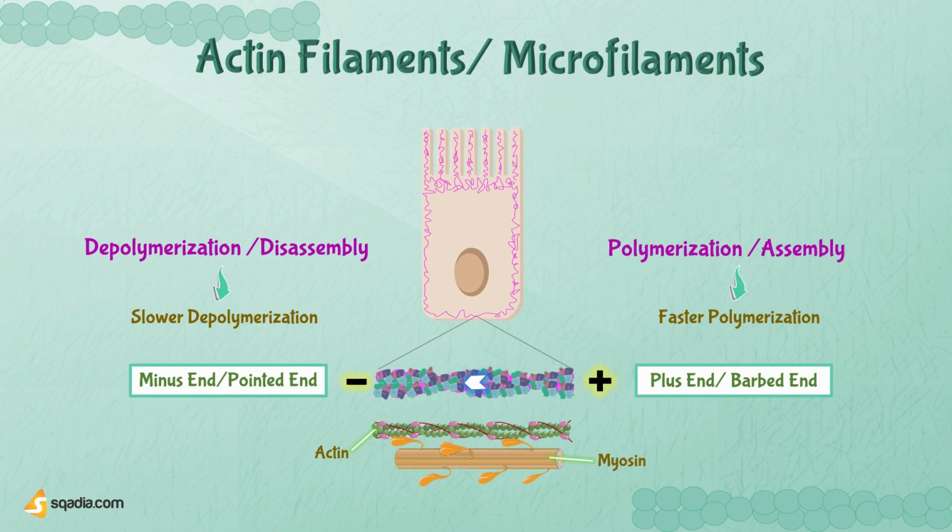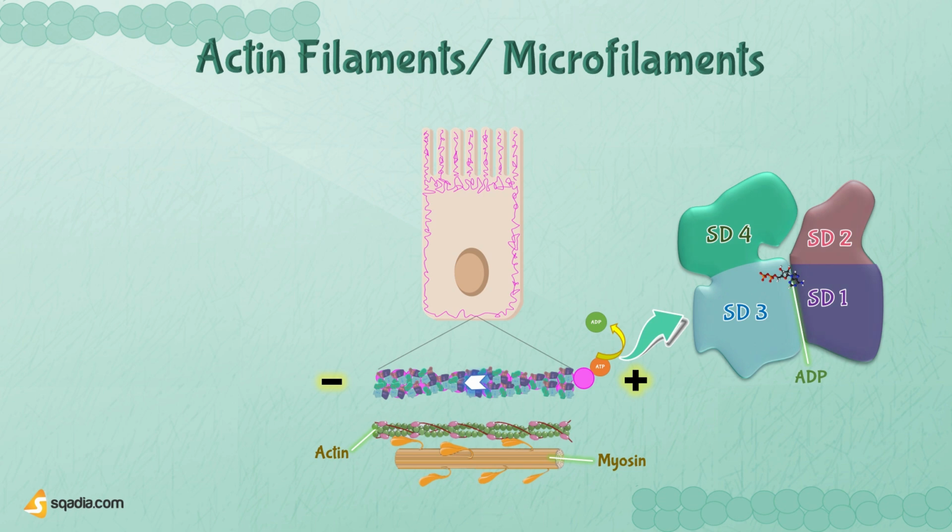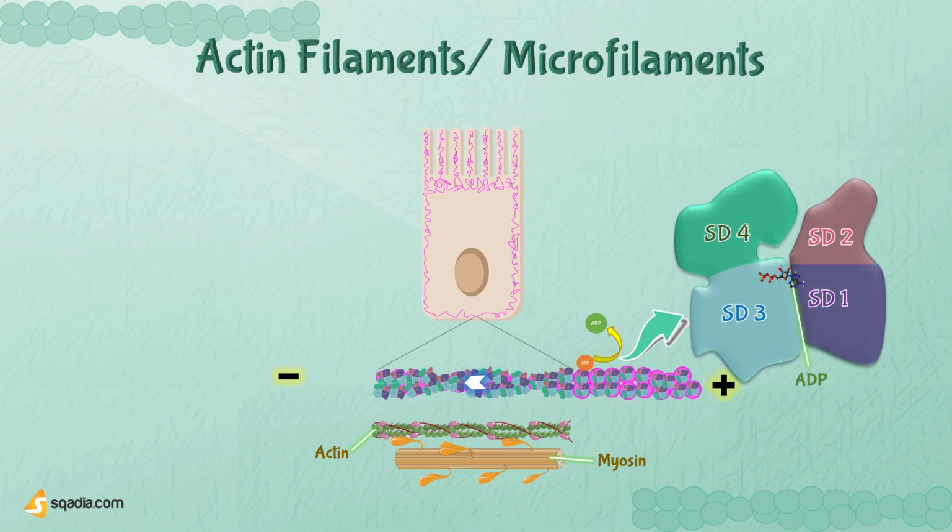Here's where the plot thickens. When free G-actin subunits, the solo performers, come into play, they bring their partner, ATP, with them. And guess what? When they join the growing actin filament, they become enzymatic magicians, hydrolyzing ATP to ADP and releasing a burst of energy. The resulting ADP finds its place deep in the groove of the filament. And like a magic trick, the filament lengthens and elongates. And here's the twist. As the actin filament elongates, the tempo of ATP hydrolysis quickens, adding a touch of excitement